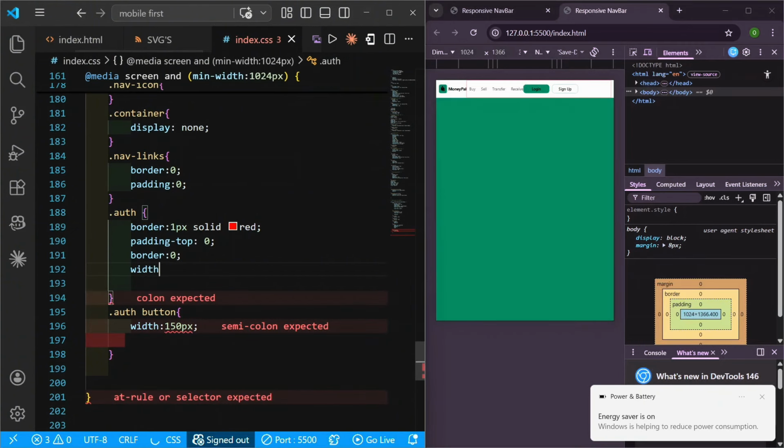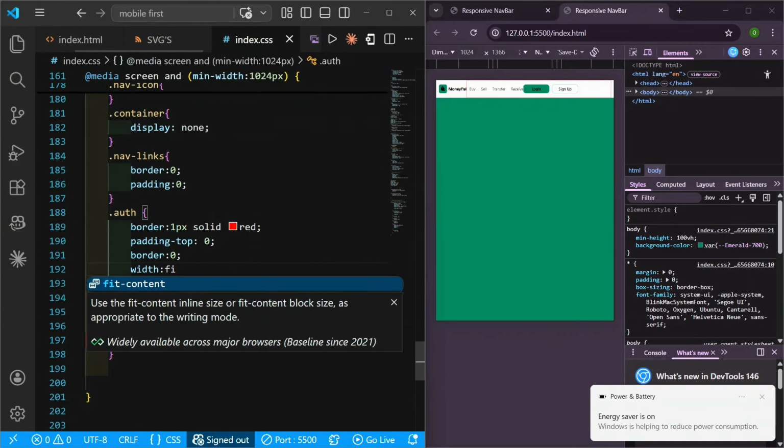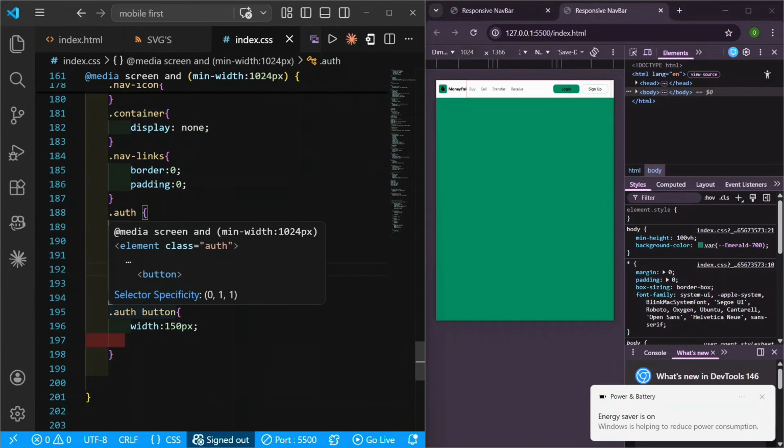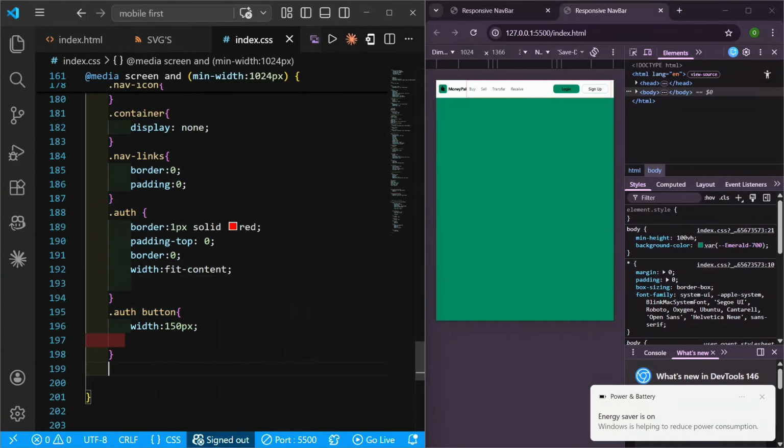So I want to give it a width of fit content, right? So it collapses. So yeah, hooray, this works. So now we can see it works now, right? Just removing everything,